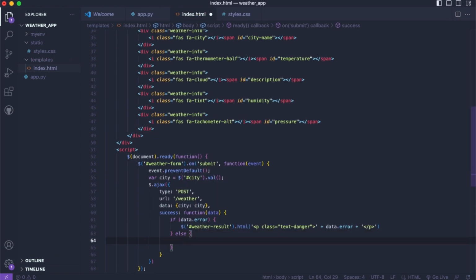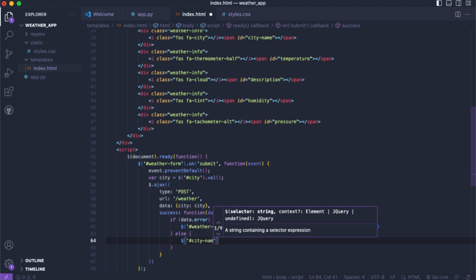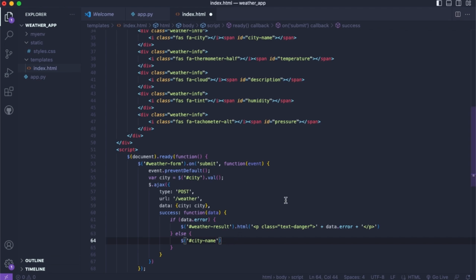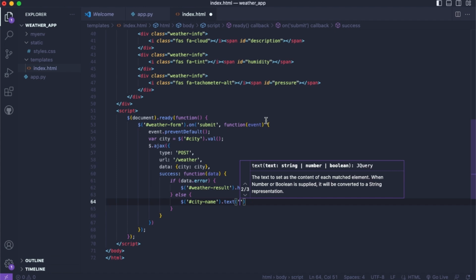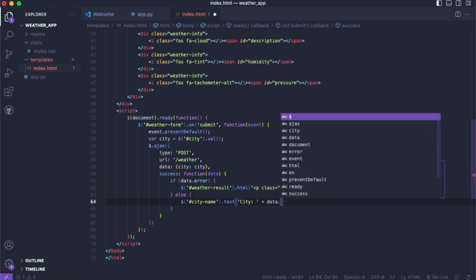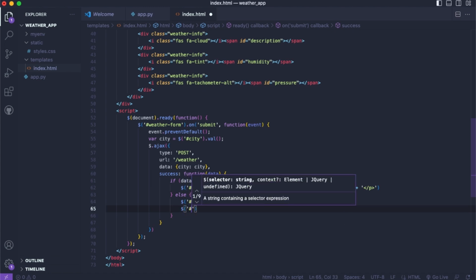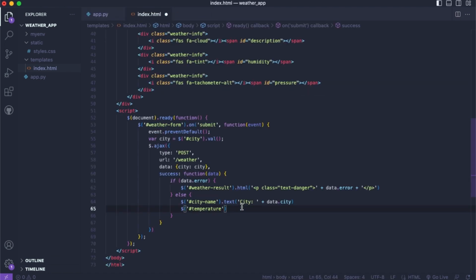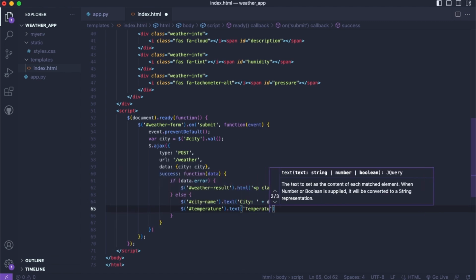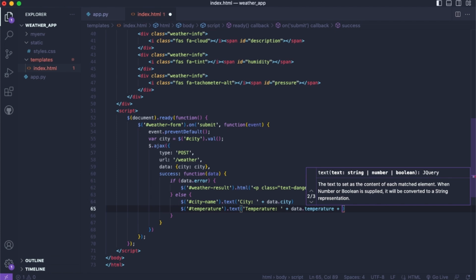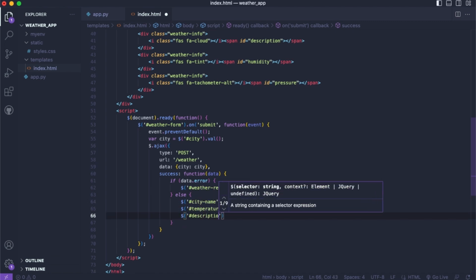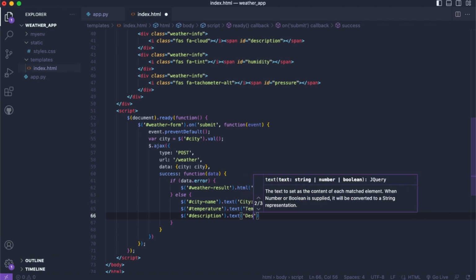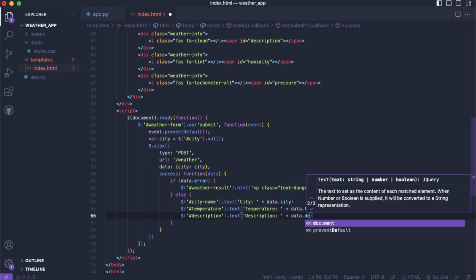Otherwise, so else, we'll say city-name, and that will then assign the text to the city, and we'll say data.city, and then we'll say temperature, and we'll get the temperature, data.temperature, and then we'll also add Celsius to the end, and then we'll say description.text, and then data.description,